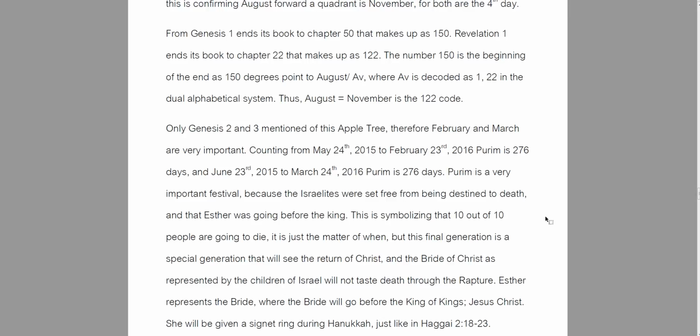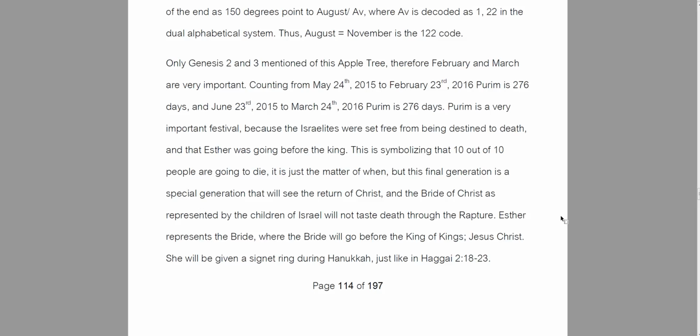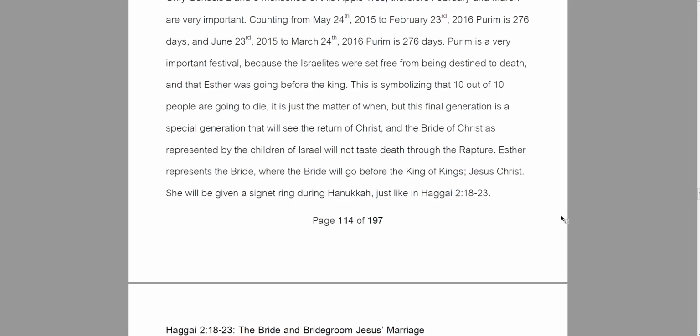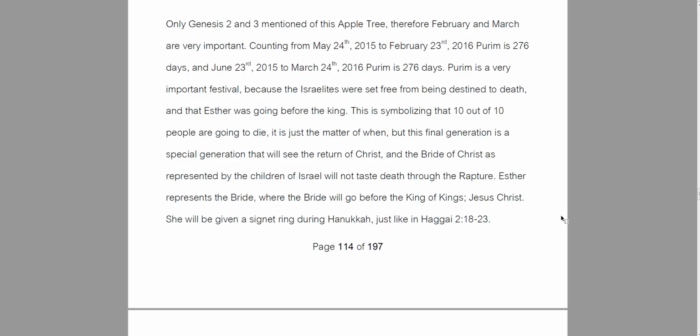But this final generation is a special generation because it will see the return of Christ. And the bride of Christ is represented by the children of Israel. He will not taste death through the rapture. And as the represented bride, she will go before the King of Kings, Jesus Christ, and she too will be given a signet ring during Hanukkah, just like in Haggai chapter 2 verse 18 to 23, which mentions Hanukkah